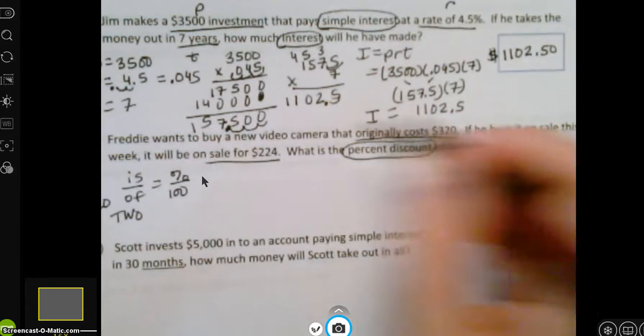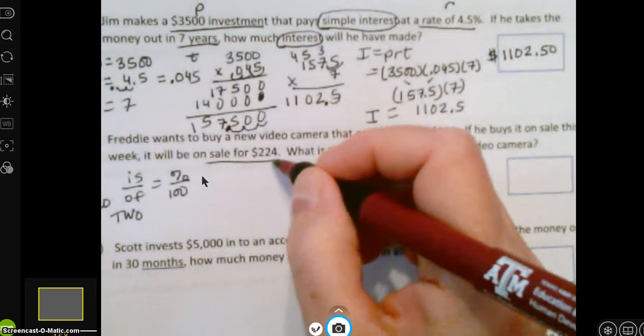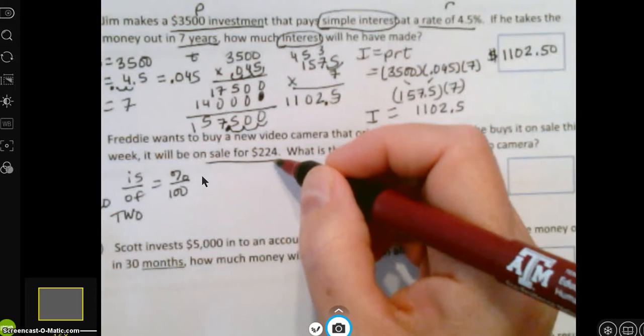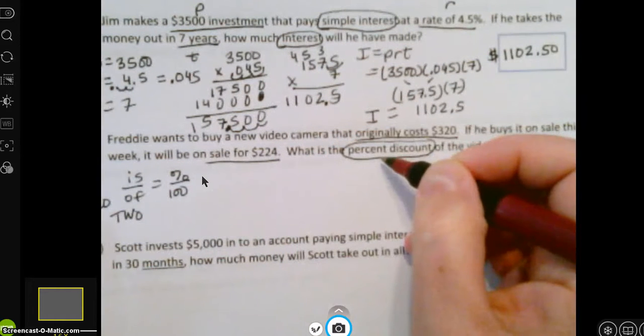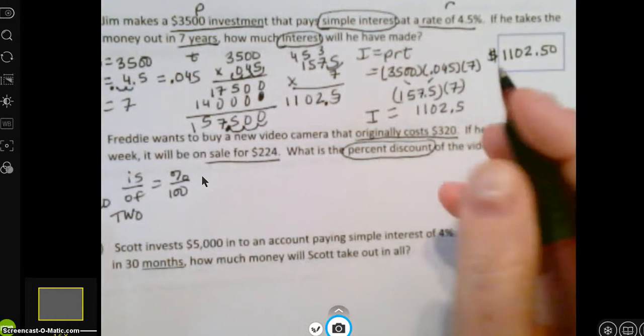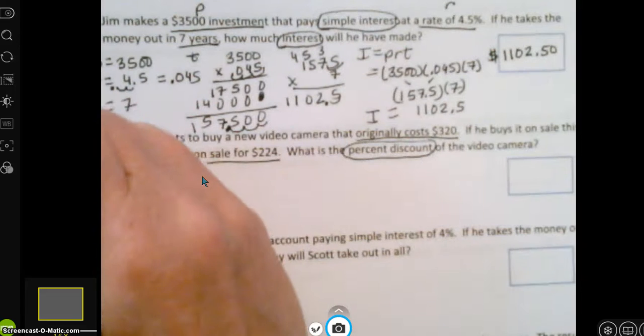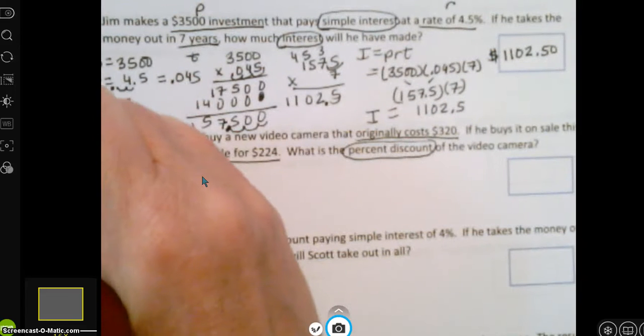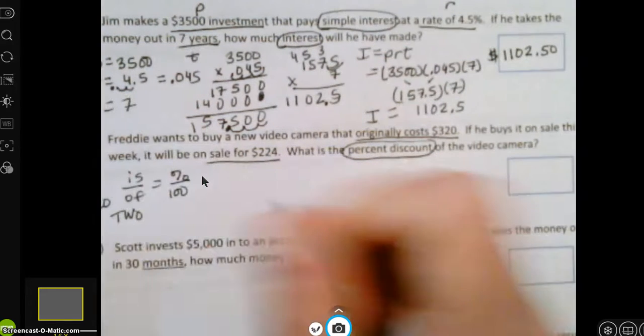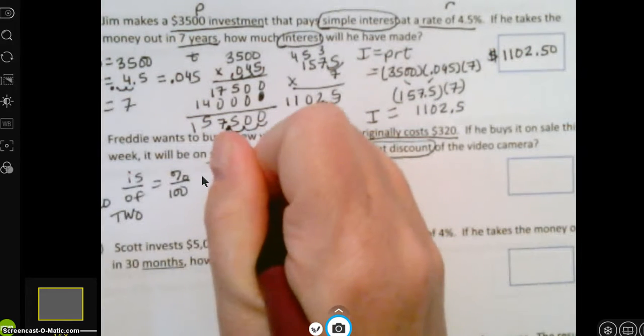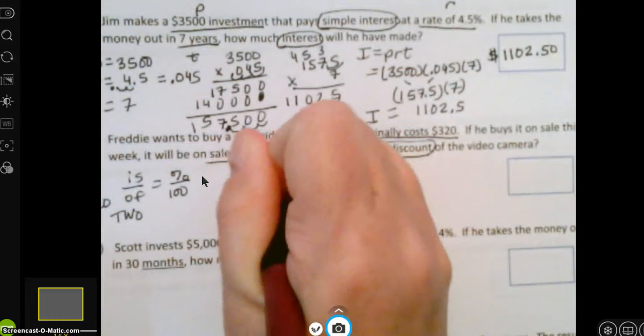He buys it on sale this week. It's $224. Do not put $224 on here. We want the percent discount, also known as percent of change. Okay, so we need the change up here. So that means we have to subtract 320 minus